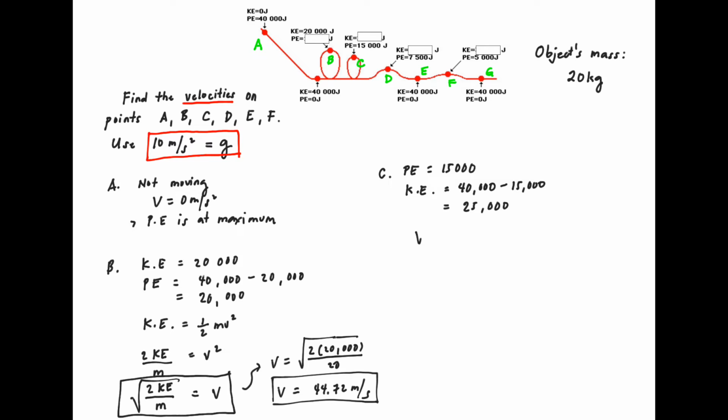Now, solving for velocity, we have this equation, which is twice the kinetic energy all over mass. We have twice of your 25,000, and that is 50,000 divided by 20, and then therefore we have here 50